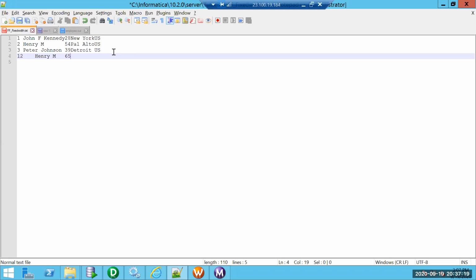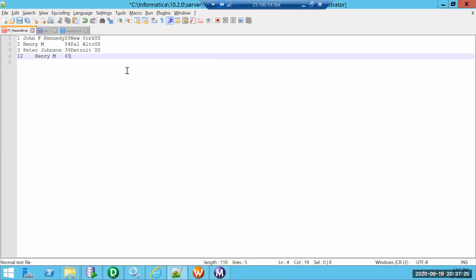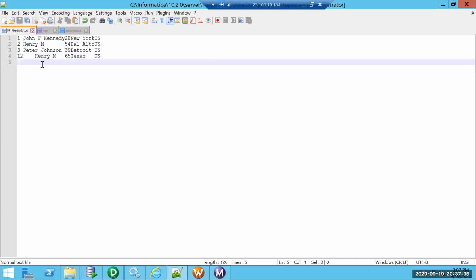Then use Texas, then again US. So now we can see it was properly aligned to two digits. Then again, my name is coming in the second column, third column age, fourth column city.